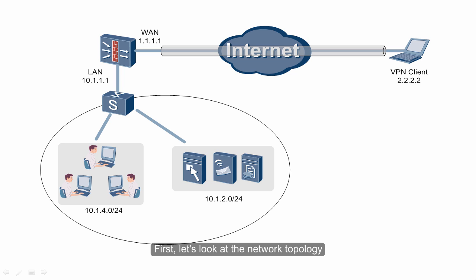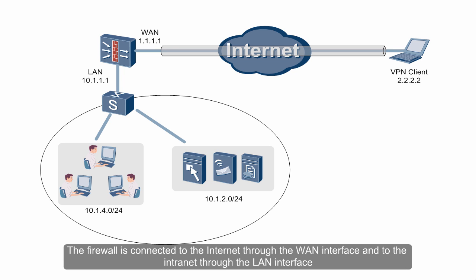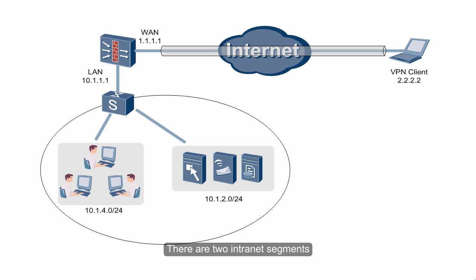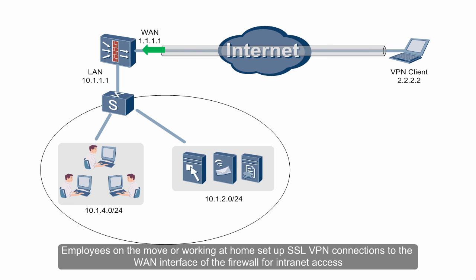First, let's look at the network topology. The firewall is connected to the Internet through the WAN interface, and to the intranet through the LAN interface. There are two Internet segments. Employees on the move or working at home set up SSL VPN connections to the WAN interface of the firewall